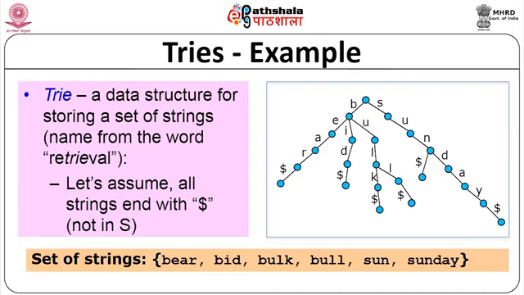Now, let us go back to BE, BI and BU. After BE you have EAR and dollar, IED and dollar. Now, if you look at bulk and bull, up to bul they are common, after that you have L and K coming separately, and then the dollar sign. So, this is a typical example of a trie where the dollar sign indicates the end of the word. If you do not put the dollar sign, you do not know that sun is a valid word. That is why you have the dollar there.